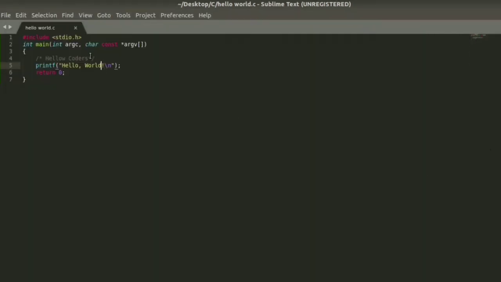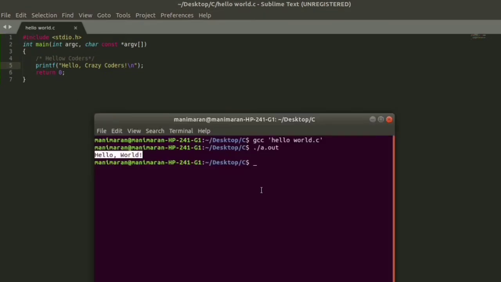Let's go back to the programming section and change it to hello crazy coders. Then click on save, open the terminal again and run the a.out file. Oh, it executes like the previous one, because we made the change only in helloworld.c but not in a.out.